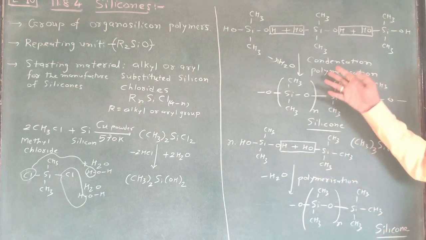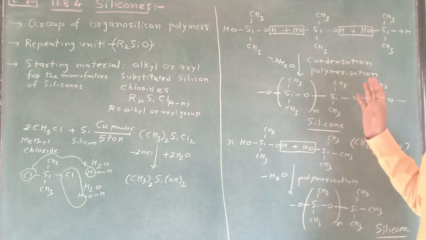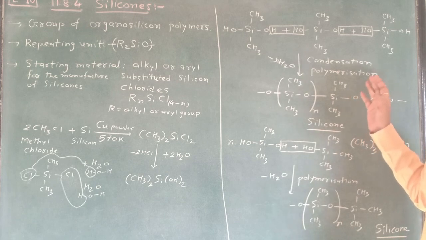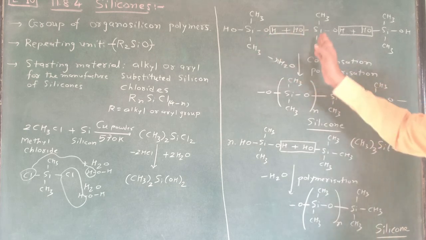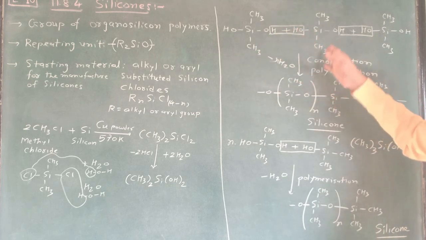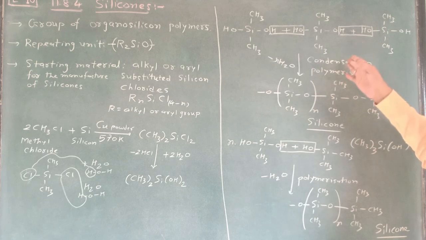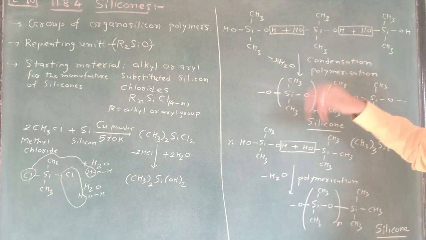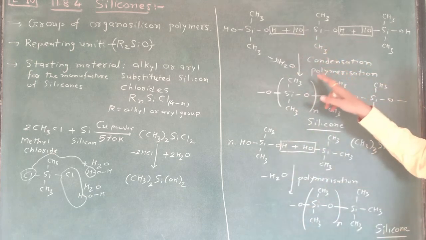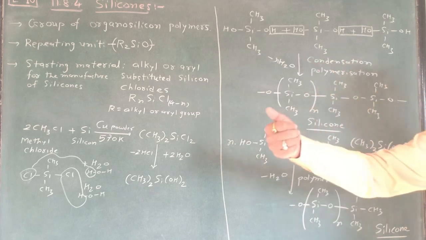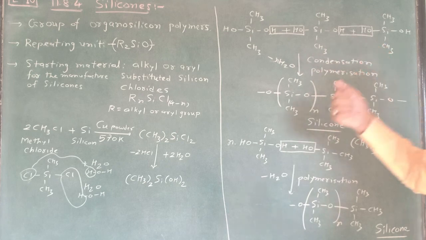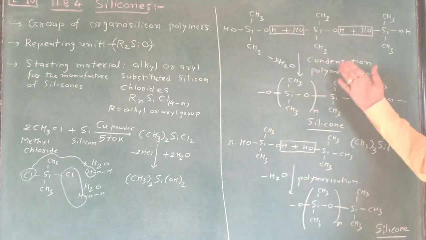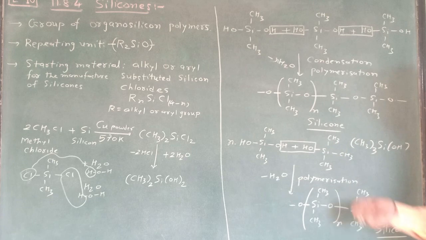Okay. And this condensation conversion you will learn in standard 12 in chapter number 15. Okay, so don't bother about this. Condensation means whatever molecules are there, a water molecule is removed. Certain molecules may be removed, in terms of organic ones, CH3OH may be there. That you have to learn later on, don't bother. But here a water molecule is removed. That's why condensation means it is attached, just see one molecule, another molecule, another. That is known as condensation. Okay. So this is all about silicones. Take a screenshot, write it completely.